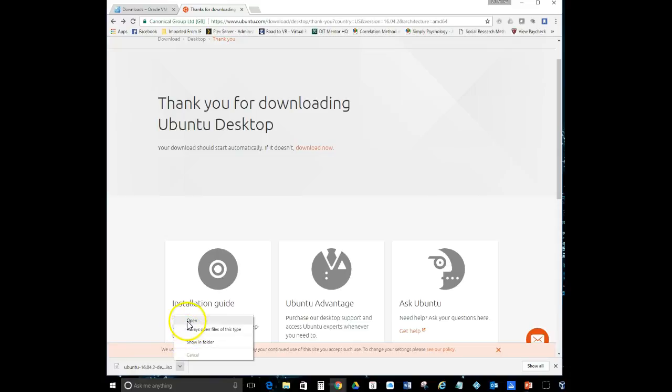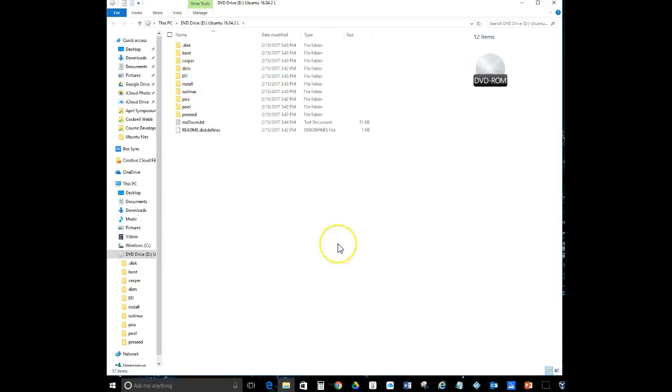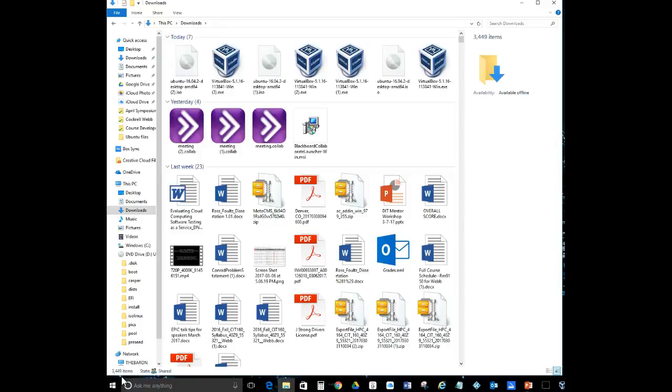So let me open it up. Okay, here's where it opened up. Now, for the actual file itself, it automatically installed it on what was called my DVD, my D drive. Instead, I want to place it somewhere else. So instead, I went to my downloads directory in order to pick it up, because I want to take the whole